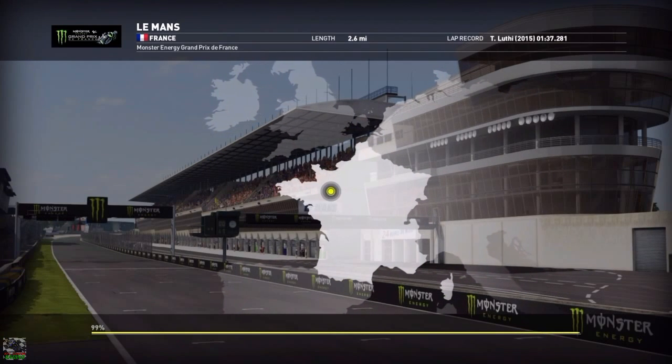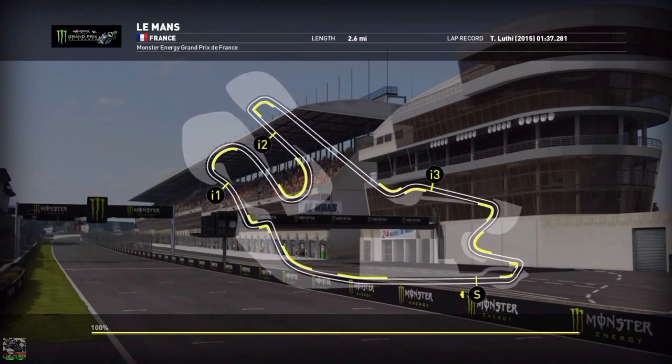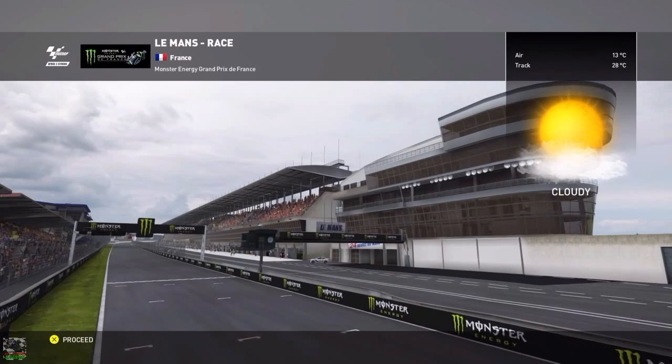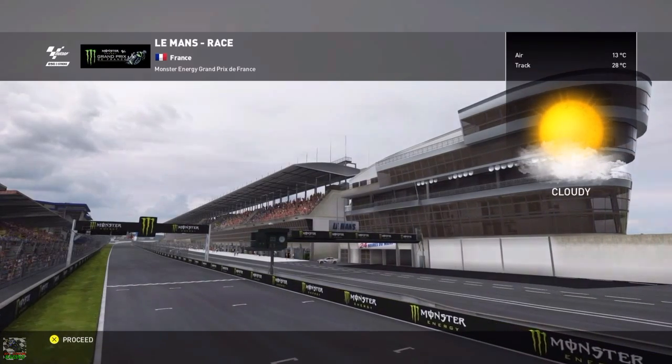First up is the French GP, and straight after that we've got the Italian GP around Mugello. Plus we're going to do two different views for both of the races. First up we're going to do first person, and for the second race we're going to do helmet cam. But let me know in the comments below which view you prefer, so for the next episode I will concentrate on